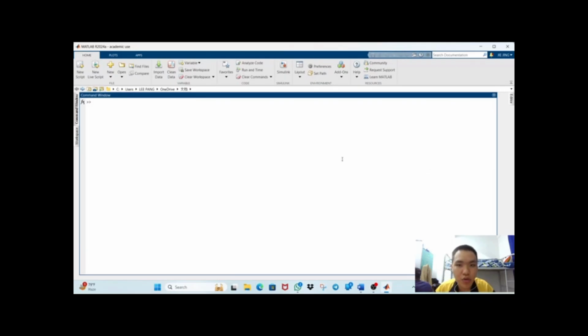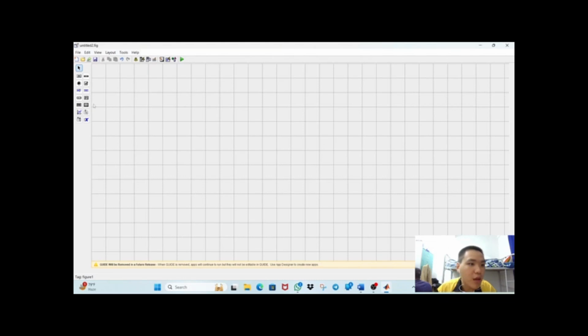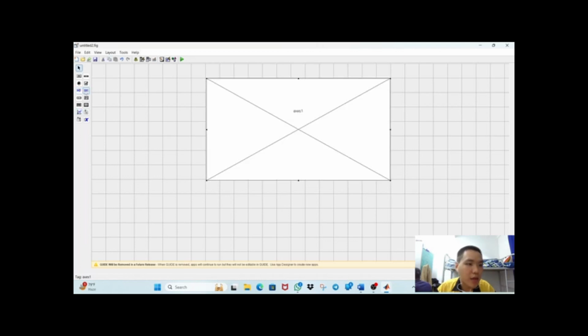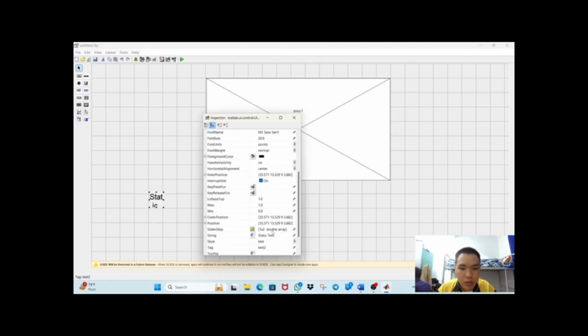Now I will present the GUI presentation for our group Lab 4. So we need to open MATLAB at the command window. We type guide, and then the GUI will come up. Then we use this graph so that we can insert the image, and then we can use this static text box to put things like R,